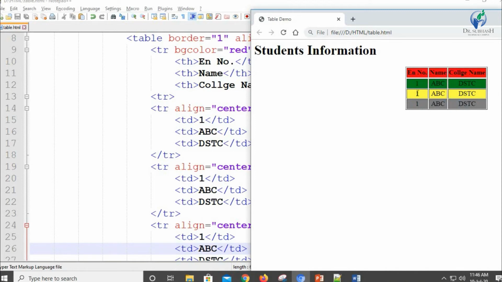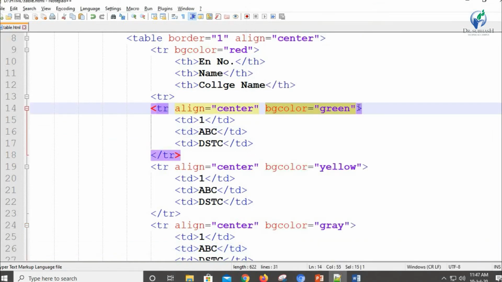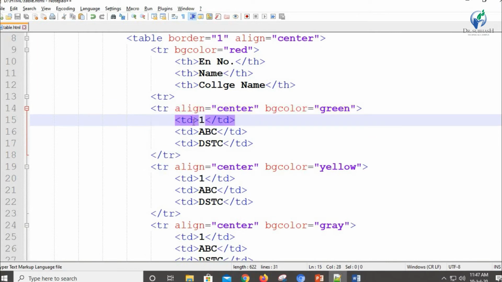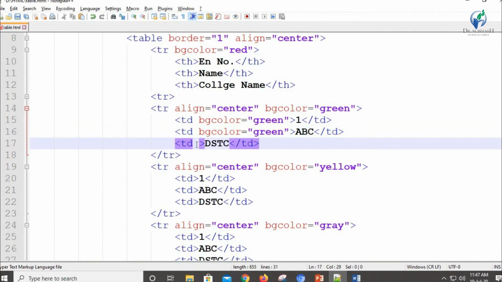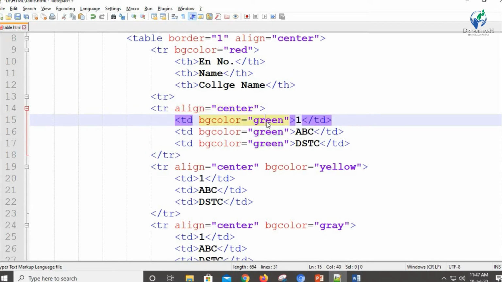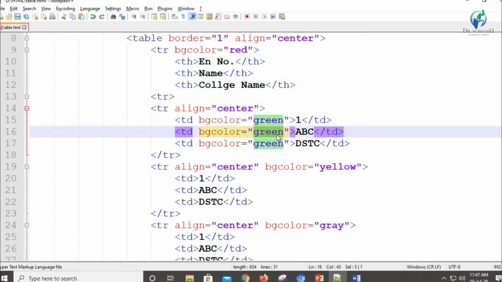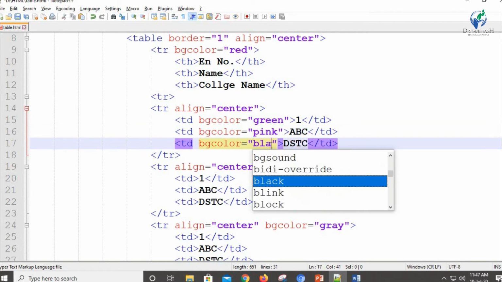Similarly, you can apply different colors to specific TDs as well by specifying bgcolor on the individual TD. Okay, so I'm going to give 3 different bgcolor values, say green, pink and black.